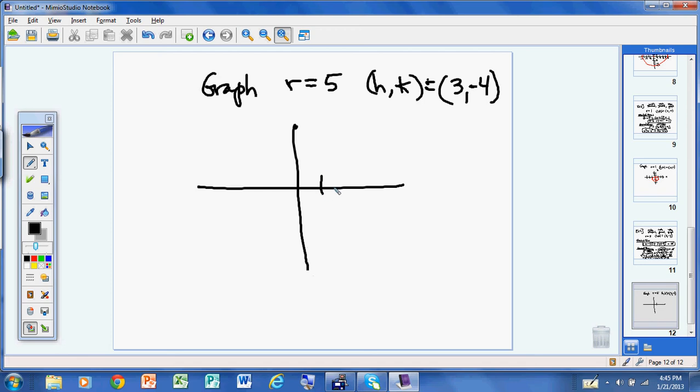Okay, 1, 2, 3, 1, 2, 3, 4. Here's where the center point is, right here. Then we're going to need 1, 2, 3, 4, 5 right there. If you go 5 away and stretch it over to that direction, then